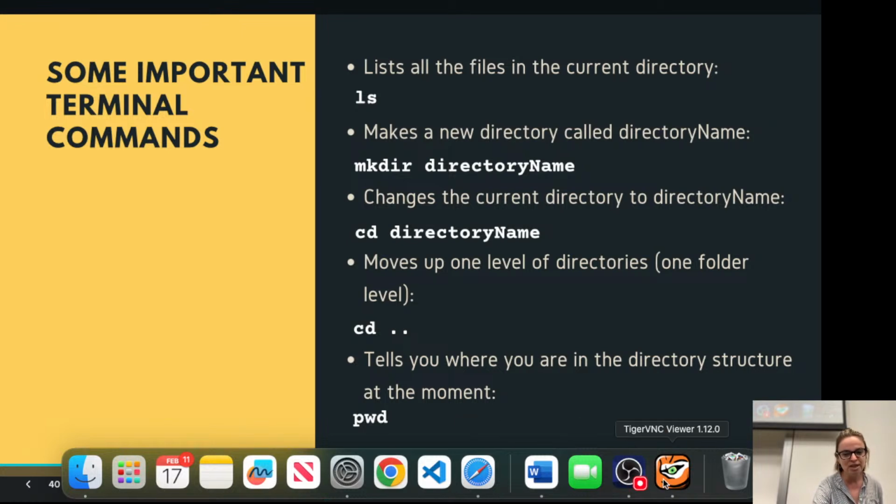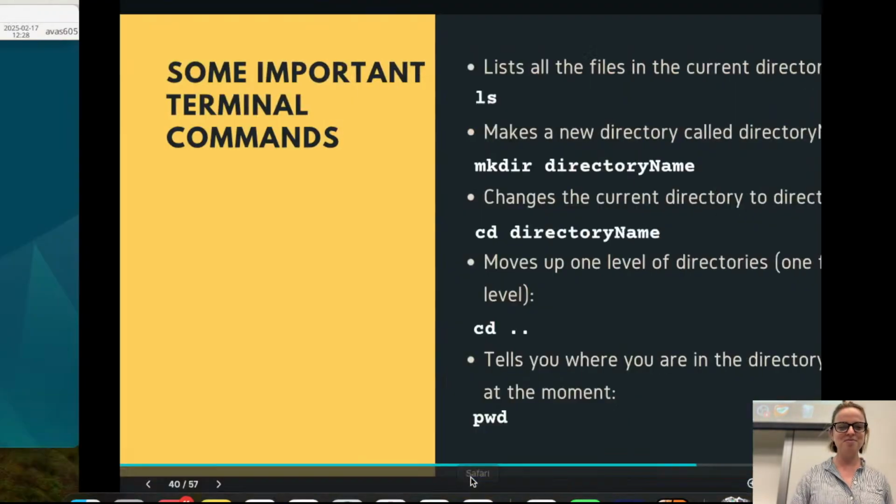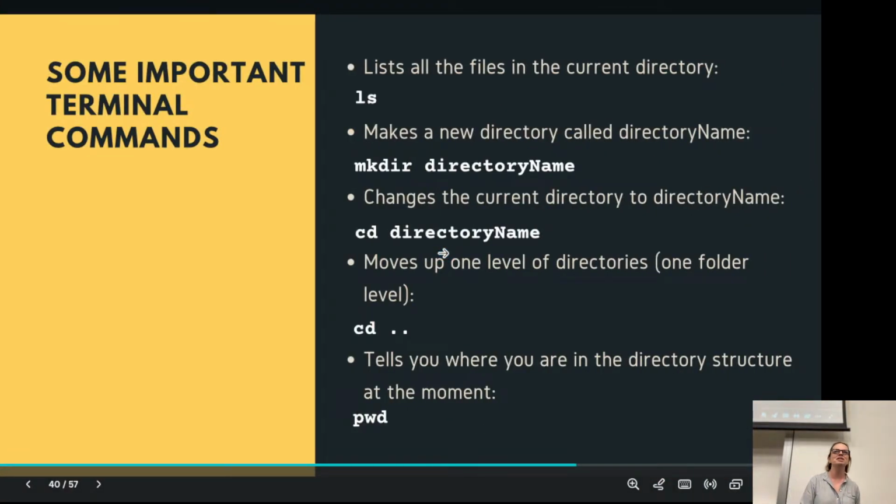Okay, so for those of you that have used the terminal before, let's do a few Linux commands. Actually, I don't want to show you my desktop here either. I should have thought about this better. Yeah, it's even worse here. No, I cleaned it up. Did I clean it up? I don't think I cleaned it up. Don't do what I do, which is just put everything on the desktop. That's a really terrible way to organize yourself. But basically, you have a few commands. I'll go through them here, and then I'll type a few of them when I decide how not to be embarrassed about my desktop.